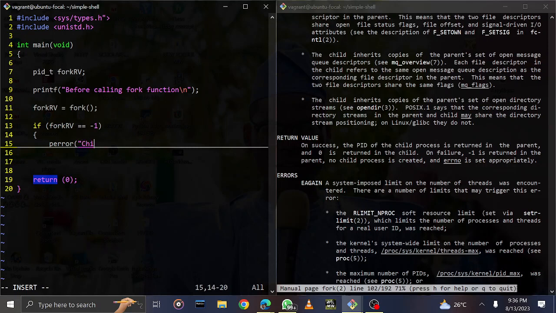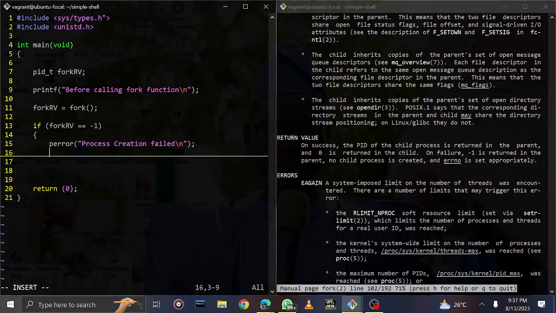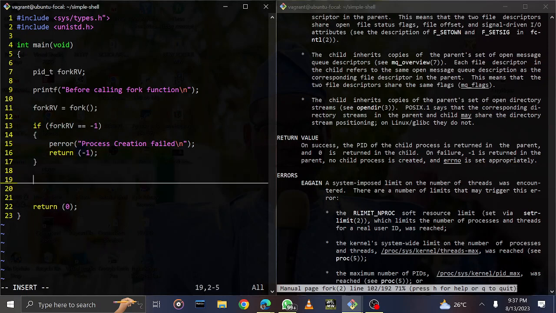I can say process creation failed. I can have an error message of this format. So I might decide to add a new line here. It says that child creation process failed, and I can return -1. So basically, if this process is successful, this line will be skipped. Now, after this if condition,